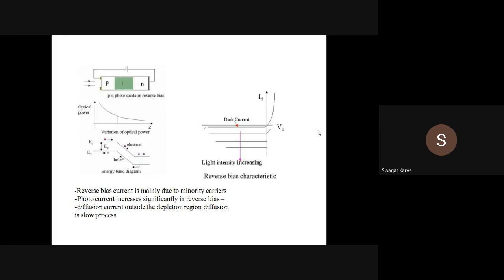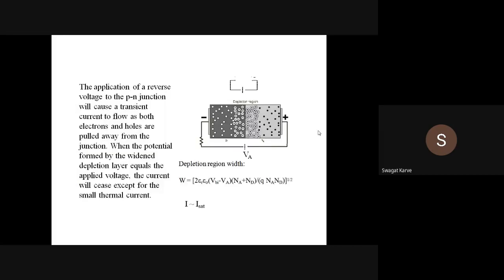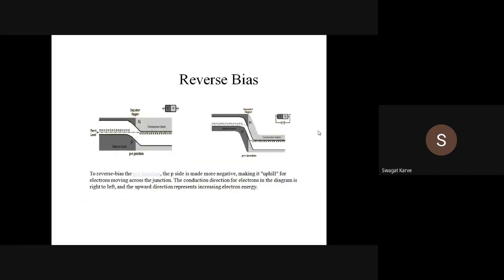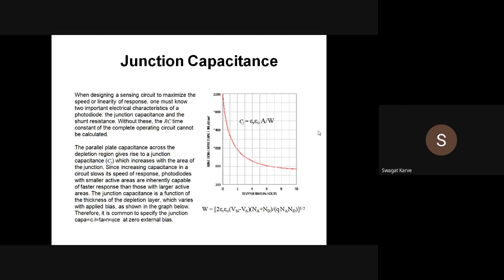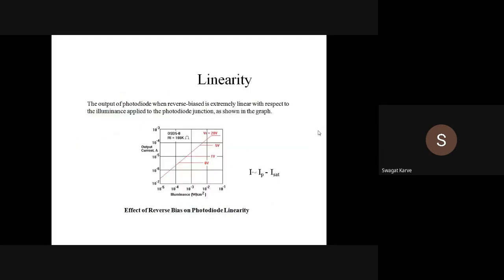This is the diagrammatical representation of that photoconductive principle. Okay, this is the reverse bias condition of your PN junction diode. And always remember, any kind of photo detector or photodiode, we operate in a reverse bias condition only. Okay, in a reverse bias condition only. So these are some extra information, junction capacitance and all that.